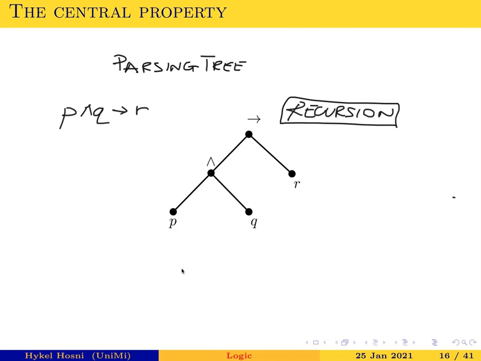I'm not going to go into any details because some of these things will be covered later on. So this P, Q, and R are called propositional variables, and you have a definition which generates uniquely all these trees. So in particular, that definition will also tell you that this is the way you should group the parentheses,